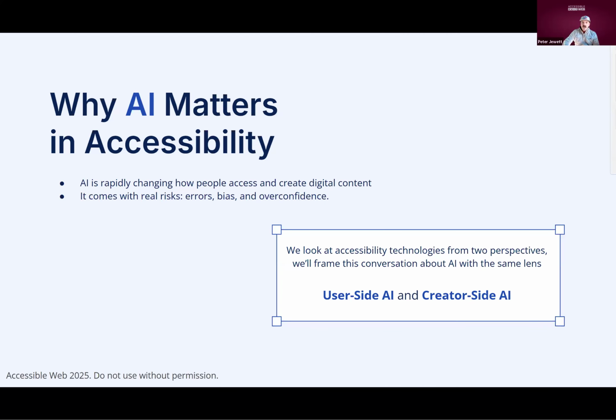So AI is changing accessibility faster than any technology shift we've seen in a decade. It's reshaping how people access content and how teams create content. Everyone's excited about it, but obviously it's also coming with real risks, errors, bias, overconfidence, to name a few of them. To make sense of it all, we tend to look at AI in accessibility in two distinct